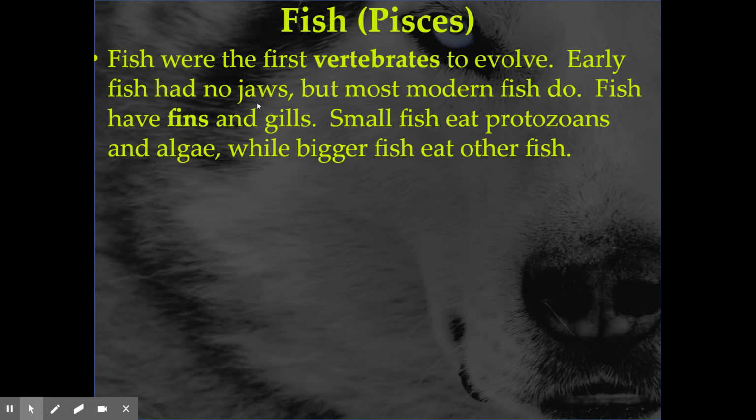So early fish were jawless fish, didn't have jaws. Most modern fish do. There are still a few jawless fish, but not many. But most fish do have jaws at this point. They have fins, they have gills. Now, the fin structure is different within that particular group. It all depends, again, on what type of lifestyle this fish is going to live. Is it a predator? Is it slow moving? Does it have to be maneuverable? So the fins are going to take a different arrangement depending on that particular critter.